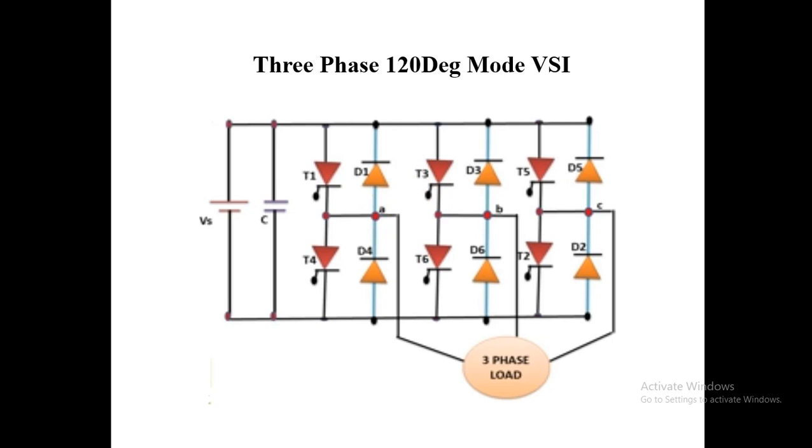One more thing is that in 120 degrees operation, only 2 switches, means 2 thyristors, are going to be on in a particular duration. Let us say from 0 to 60 degrees, there are only 2 thyristor switches on. One is from positive group, another one is from negative group. We'll see them one by one, and this operation involves these 6 steps which we are going to discuss. We'll see right from step number 1.